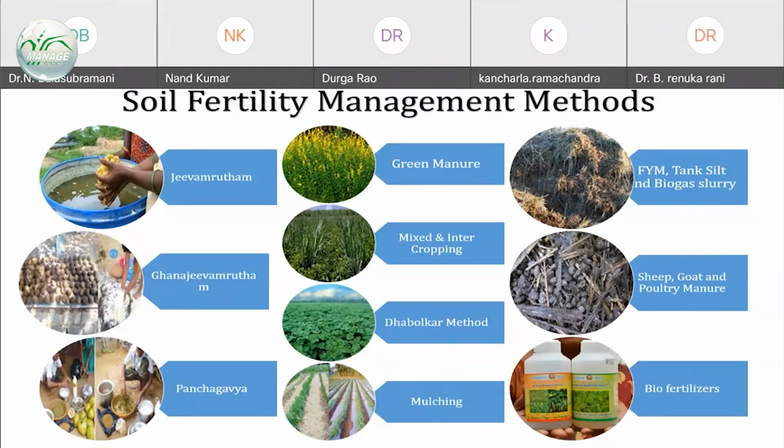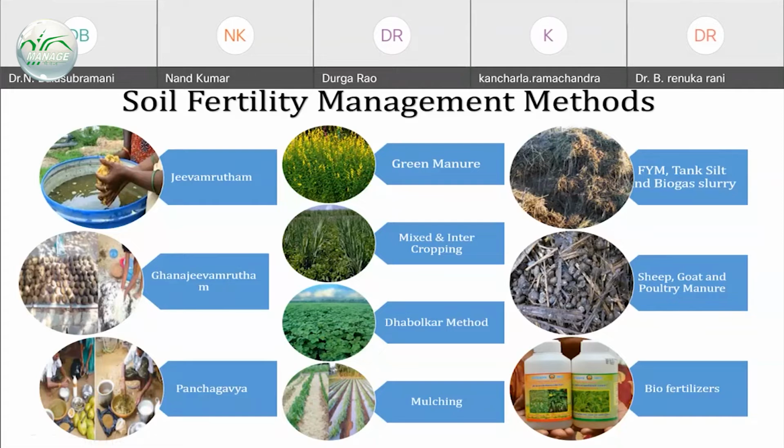And in the double crop method, I was telling about these 12 to 15 types. In the double crop method, everybody knows there are different types of systems. In a further slide, we can see mulching. Then FYM you can use, not directly, you convert it into Ghana Jivamritam type 2. Again, we will see how it can be prepared. Sheep and goat manure also we can use. And biofertilizers,